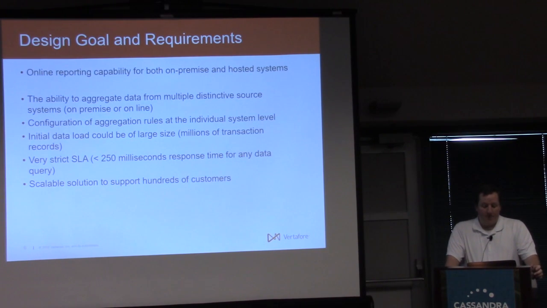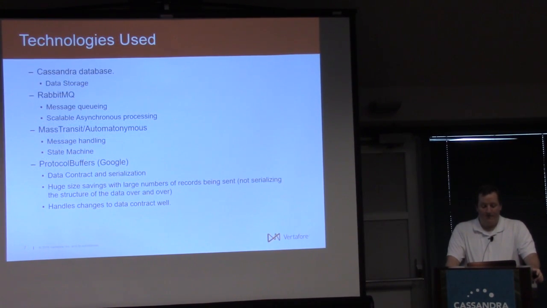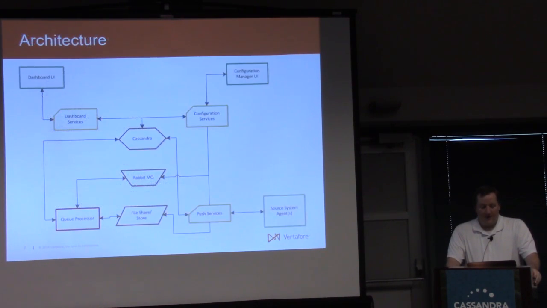The other point of concern is an unknown scalability question, where our first product we built the dashboard for has itself 400 agencies as possible customers for this project. And as we add the ability to provide data for more systems, the scale is not something we can easily predict. So we've got unknown scalability concerns and quick response times. The obvious choice is aiming towards technologies that tend towards scale. And we're obviously at the Cassandra conference, so we decided to use Cassandra to fulfill the back-end data needs of our application. We are utilizing a number of other